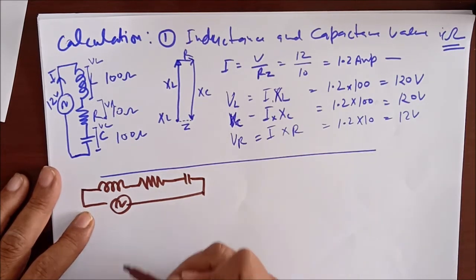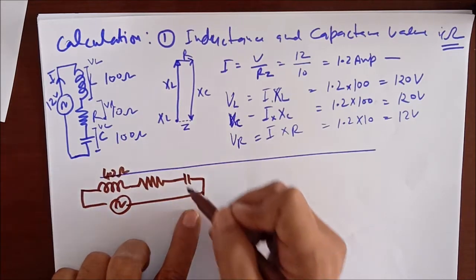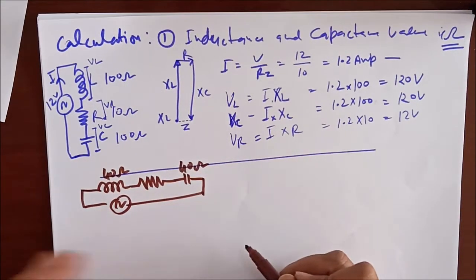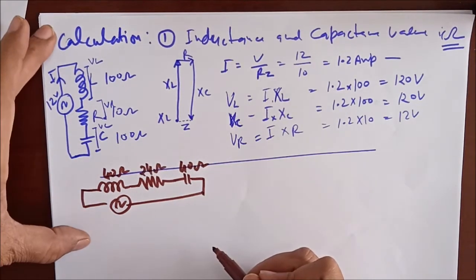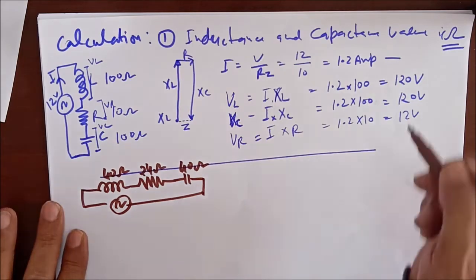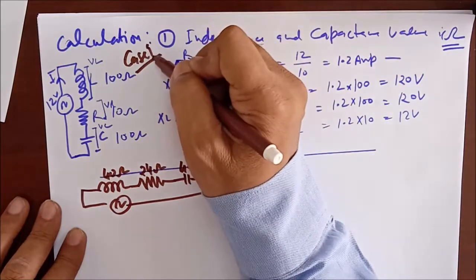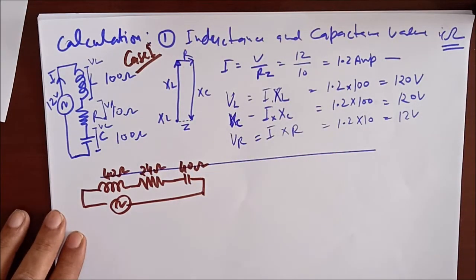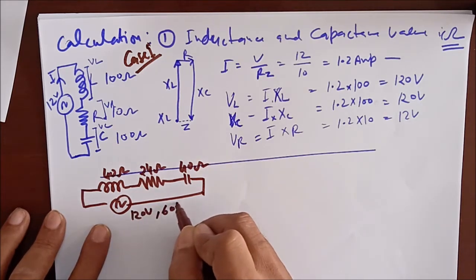First of all, 40 ohm is the value for XL, and the same 40 ohm is for XC, because we have to use equal and opposite values so that they can cancel each other. And this one I am taking as 24 ohm. All values are in ohm. So this is case 1, when values are known. In this case, now I am giving 120 volt, 60 hertz.